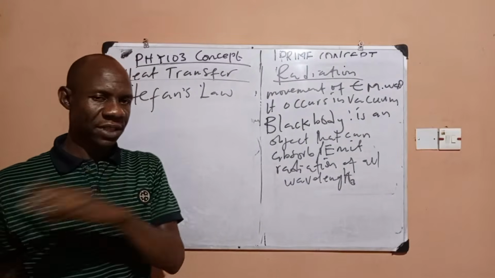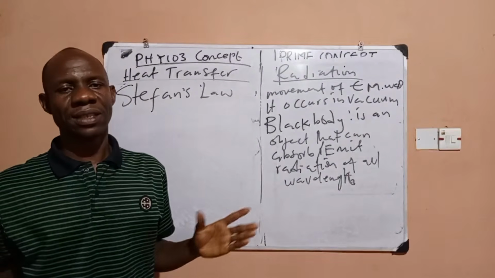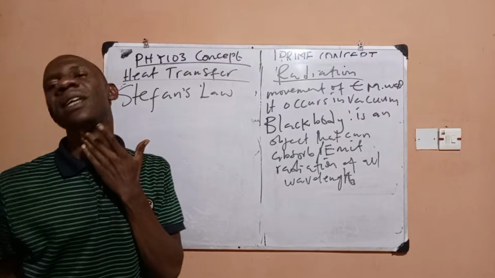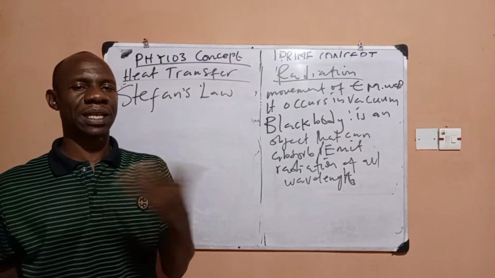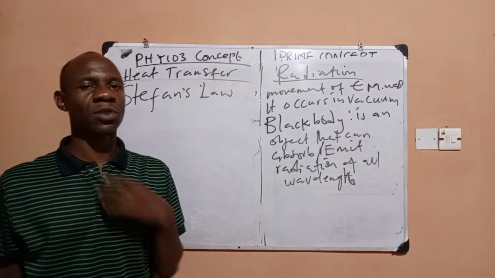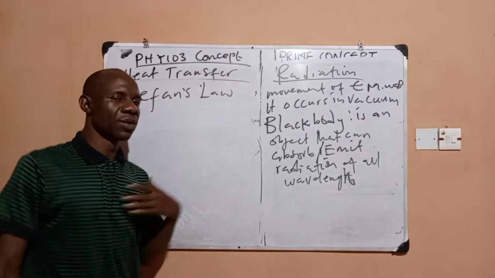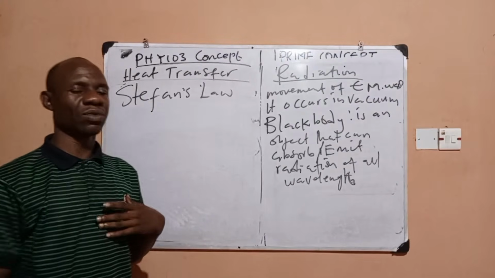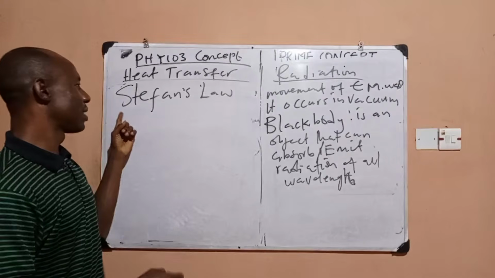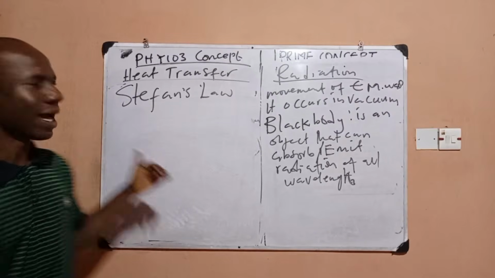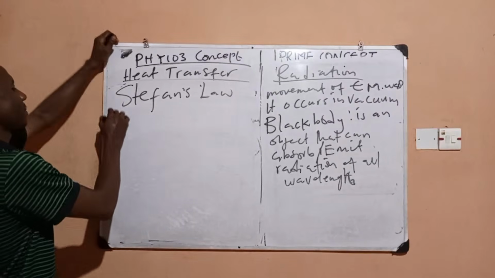Remember, every object can absorb or radiate heat. The only thing is that they have different degrees to which they can radiate or absorb heat. So the rate at which objects will radiate heat or absorb is given by Stefan's law, and it states that